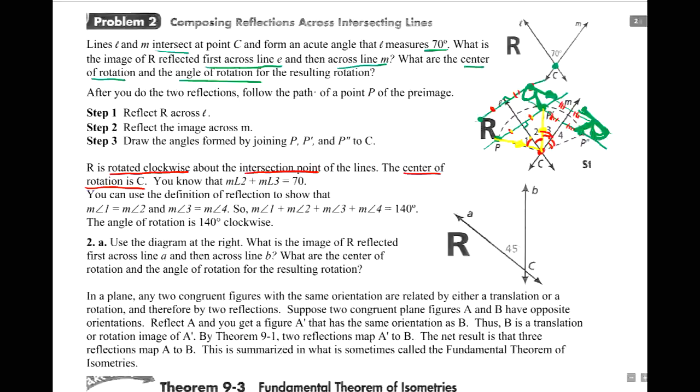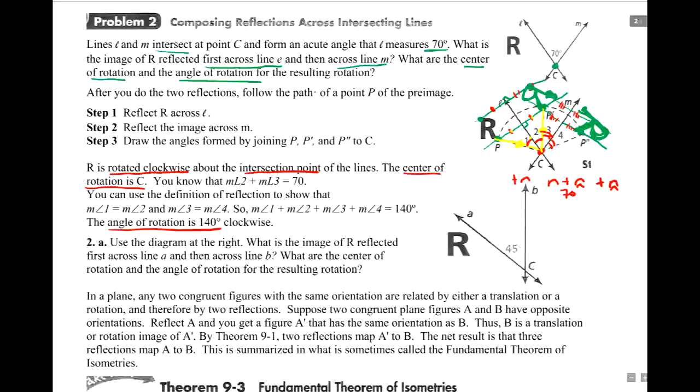What is the angle between our two lines here? Right? It's 1 plus 2, right? 2 and 3. And then on this side, we add another 1 angle, and on this side, we add another 2 angle. So these right here are 70. I know that 1 plus 2 equals 70. Our angle of rotation is going to be 140 degrees